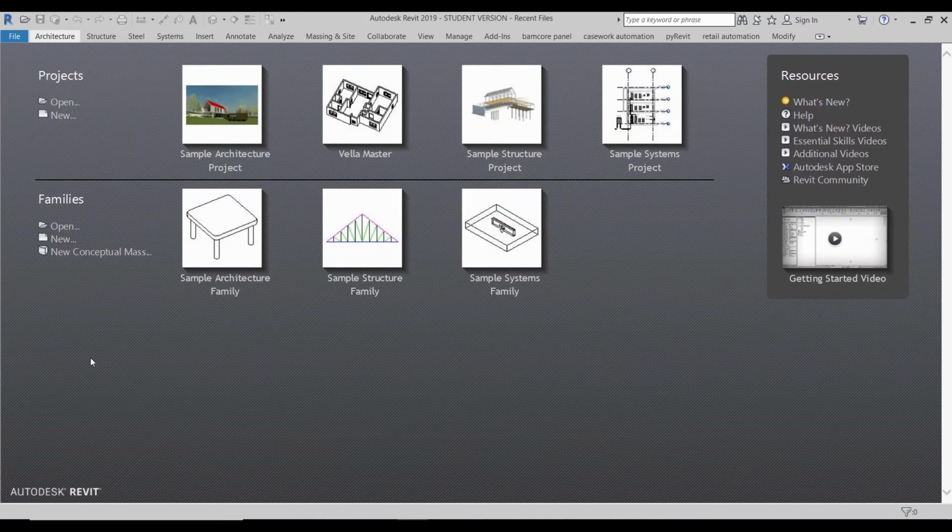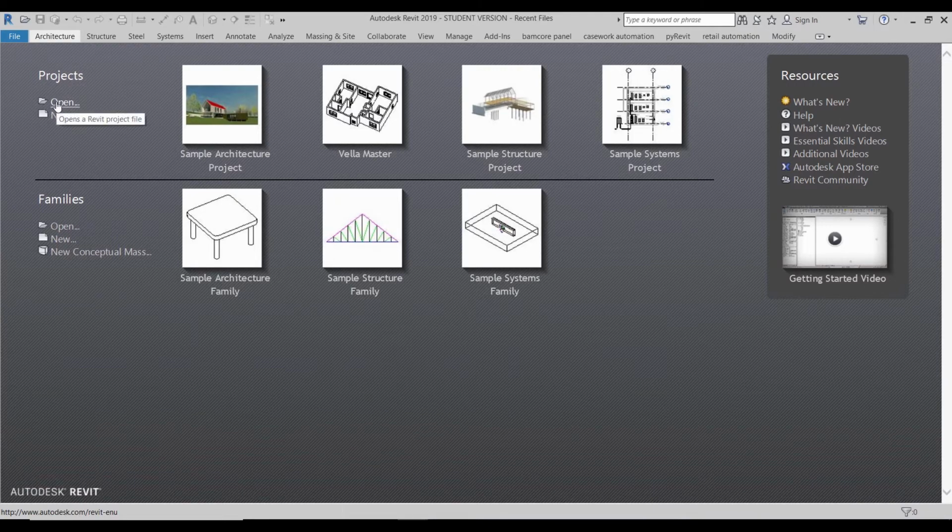And to do that, I can just quickly walk you through what this basic interface is showing you. So before we do that, you see that we also have resources in the default launch menu. It shows you what's new. If you want to go into help, into the forums, or go into the website, which answers a lot of basic questions, shows you what's new with updated versions of Revit, among other things. It also has a lot of valuable information related to plugins and things like that.